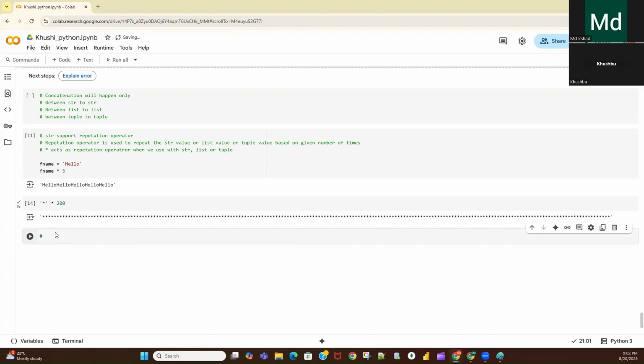Now the next is, string is an immutable object. Now, what is the meaning of immutable object? Immutable means once the object is created, the same object value we can't modify.